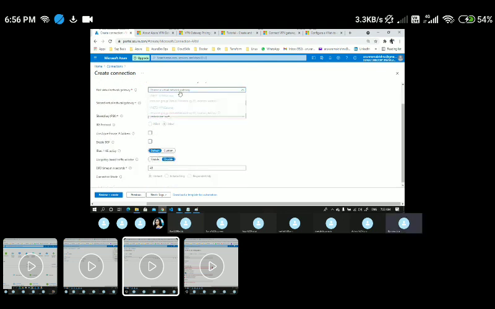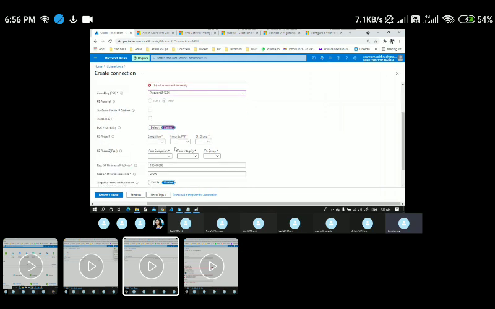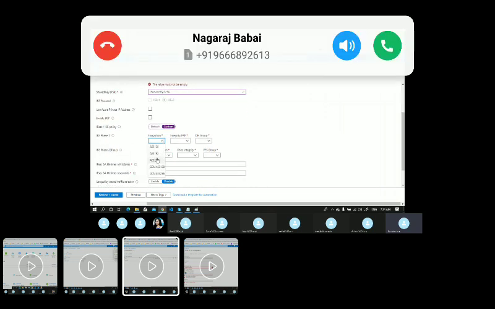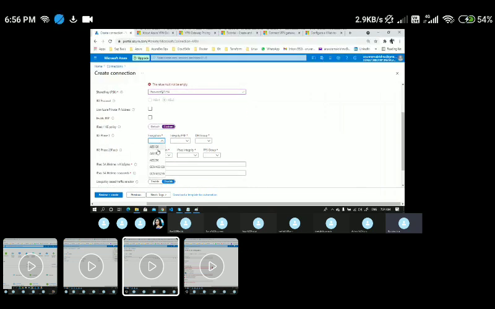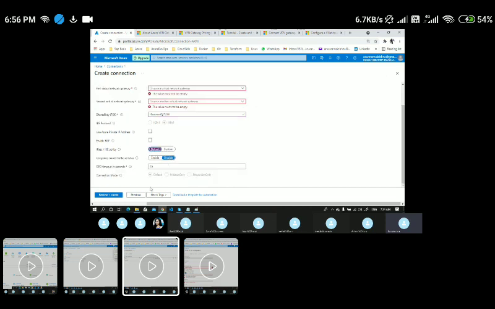Since I haven't selected this, it is giving some warnings now. And for the IPsec tunnel policy, you can go with the default or go with custom. How do you want to perform the encryption on these available features? I can go with all of this. So for now, let's go with everything as default, and use policy based on the traffic selector. If I enable this, whatever the default policy I had will be chosen by default, and I can just